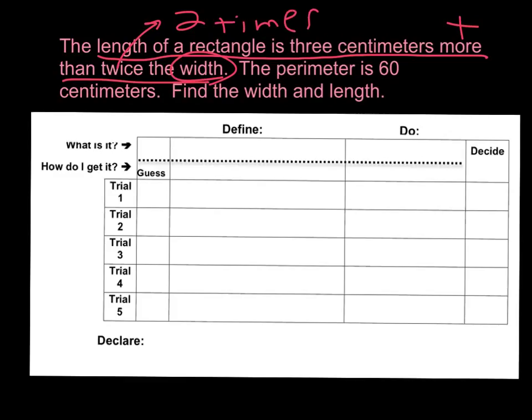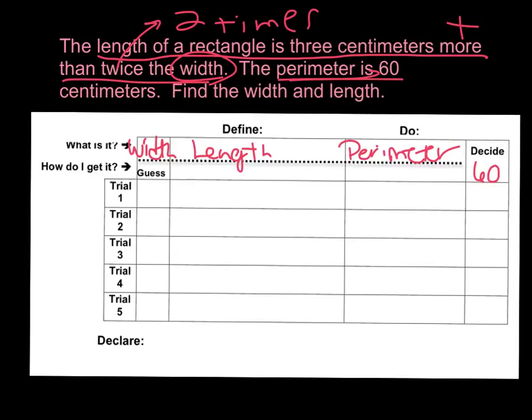So I'm going to start with the width. That's my guess. And then the only other thing I need is a length. So this one only really has 2 unknowns. What I'm going to do, well, it tells me that the perimeter is 60. So I'm going to calculate the perimeter, and I'm trying to decide if it's 60 centimeters. All right, so the width I'm going to guess. And then for the length,